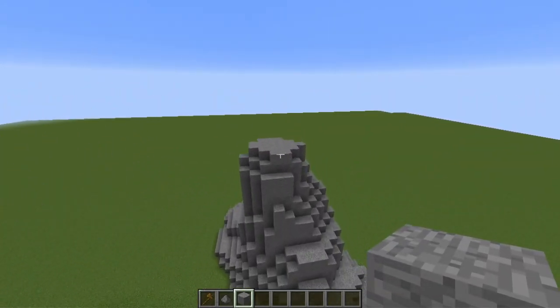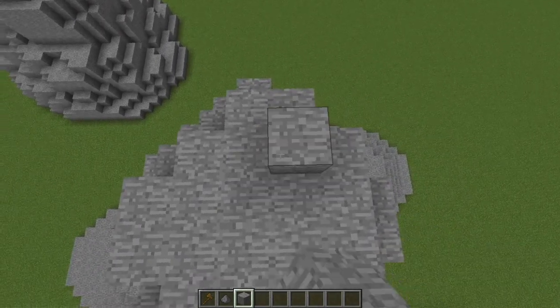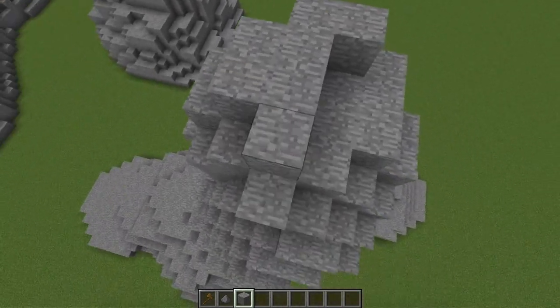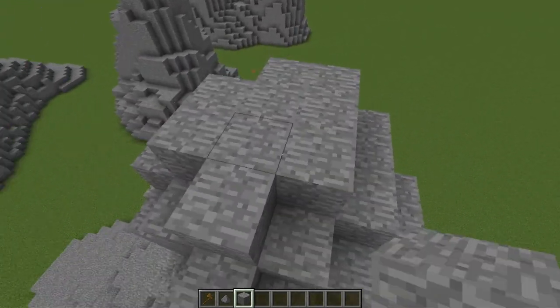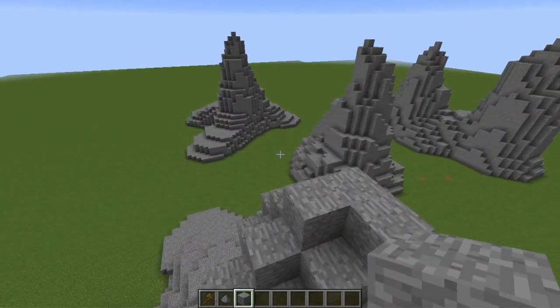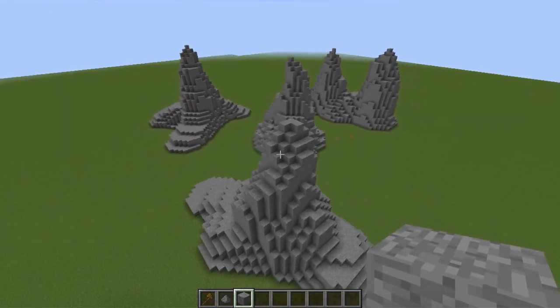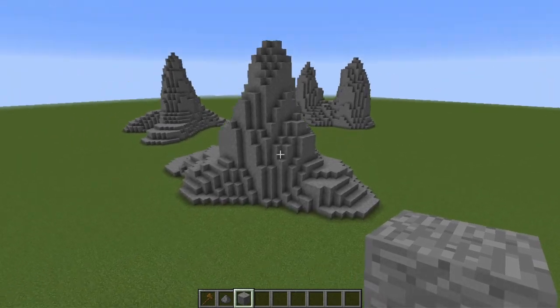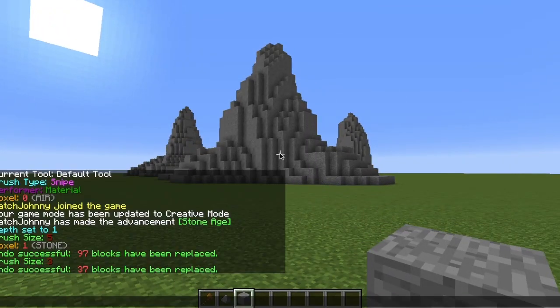And last one here, and then we'll be done with this. So you might be asking yourself why we're building these cones just straight up into the sky, because after all, we are making floating islands, right? But what we're gonna do here is we're gonna stand here and type in